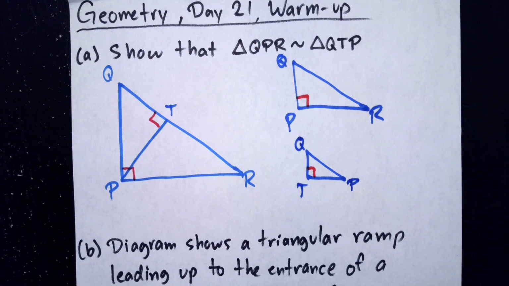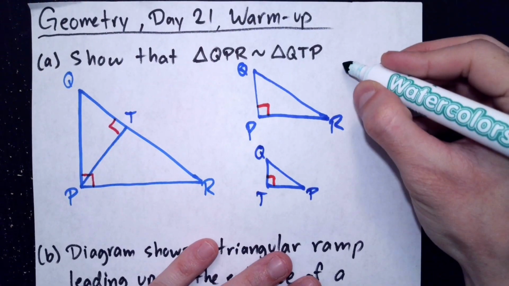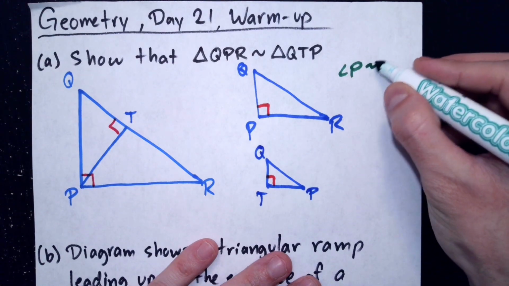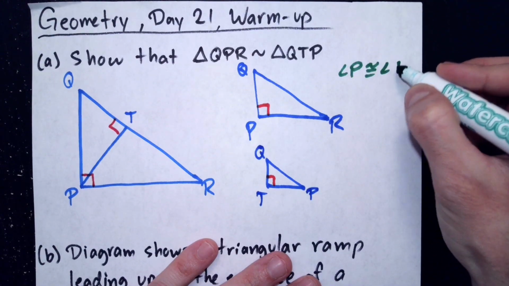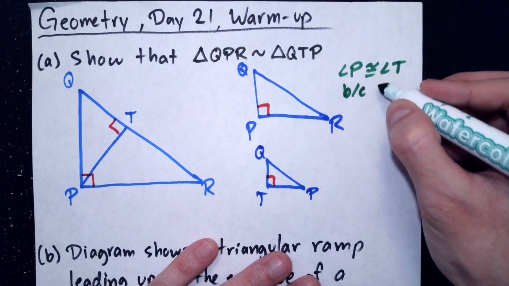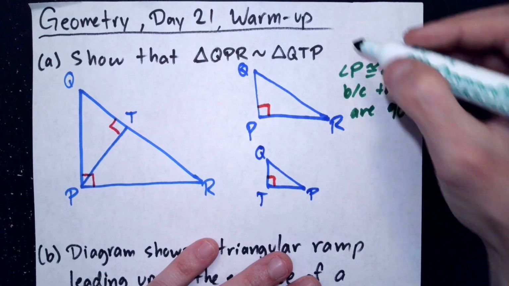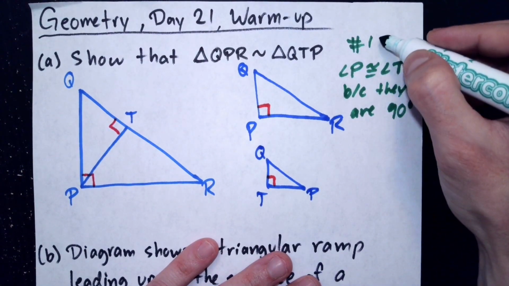If we want to show that these two are similar, then all we have to do is figure out whether they have two congruent angles or not. I know that angle P is congruent to angle T because they're right angles, because they are 90 degrees. So that's angle number 1,